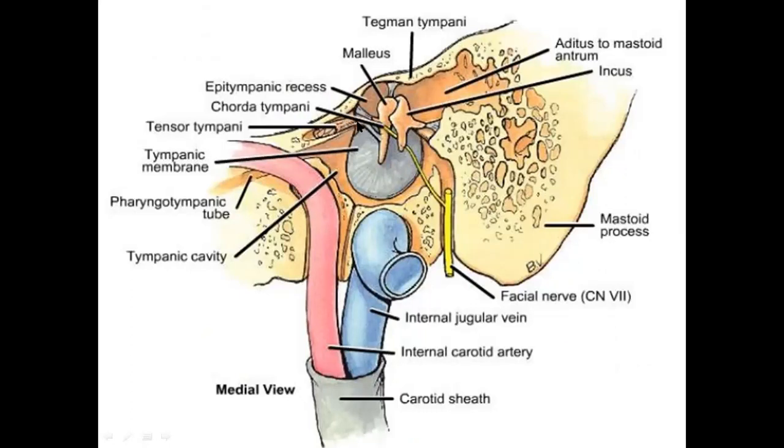So this is the tensor tympani muscle which inserts over the handle of the malleus. Okay, and this is the posterior wall and mastoid antrum, and this is the inferior wall. This is a thin bone which separates us from the superior bulb of the internal jugular vein, and this is the tegmen tympani. This is the posterior wall, superior wall, inferior wall, and this is the anterior wall. This is the opening for the pharyngotympanic tube. This is a thin bone which separates the tympanic cavity from the carotid canal. And this is the canal for the pharyngotympanic tube, this is the canal for the tensor tympani muscle.